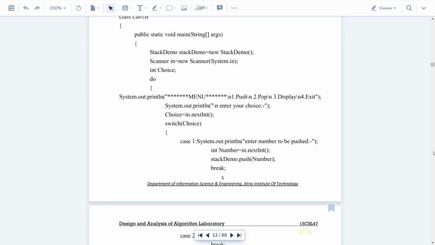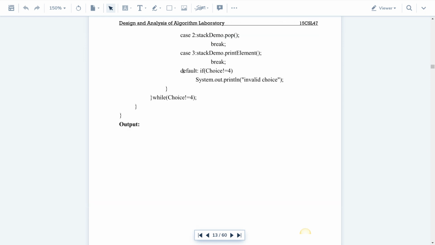After that, the last case is case 4, that is the default case, where choice is not equal to 4. If you enter any other choice apart from 4, like 5, 6, 7, and so on, then the invalid choice message will be displayed. If choice is not equal to 4, that is true, then only that particular do while block gets executed.